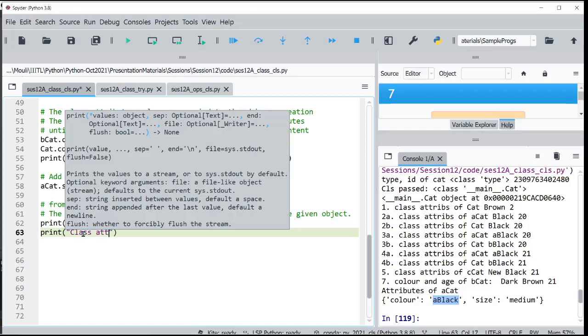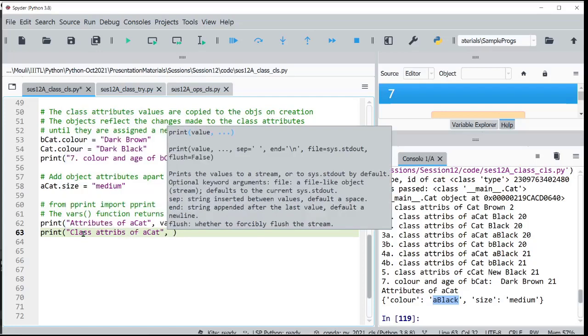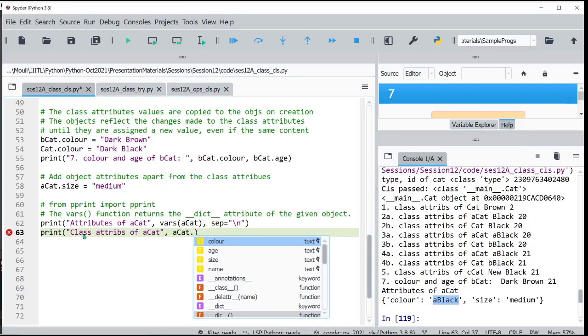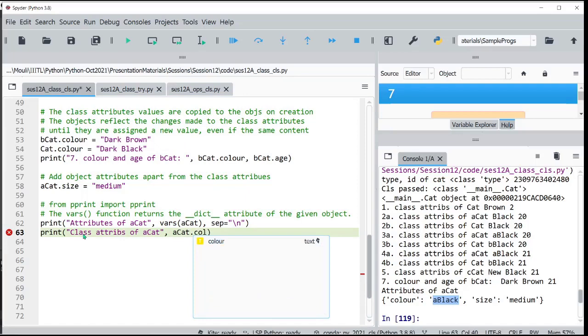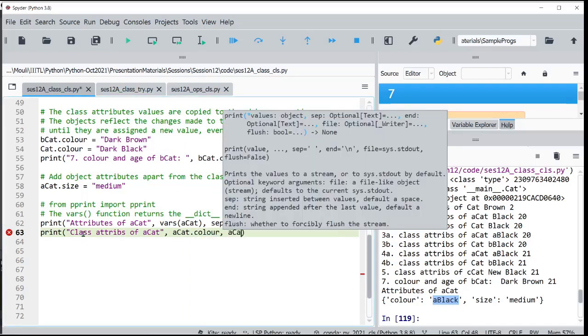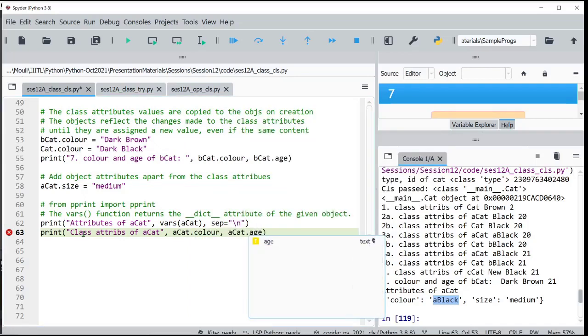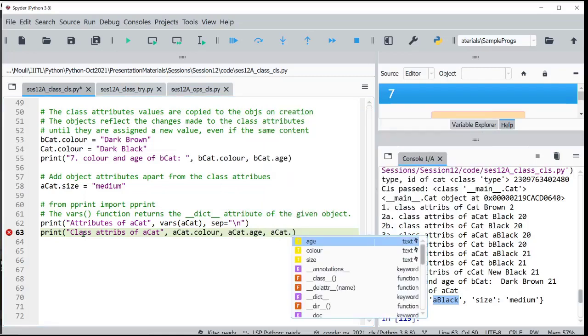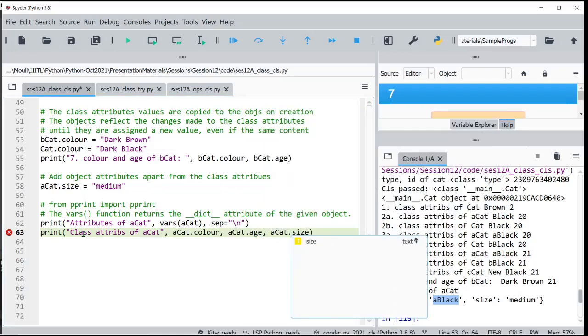Class attributes of a cat. We saw color, a cat, age, and now size.